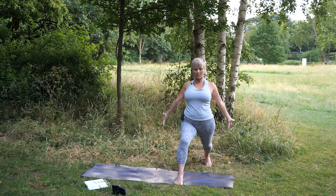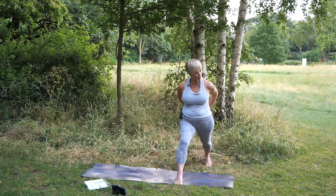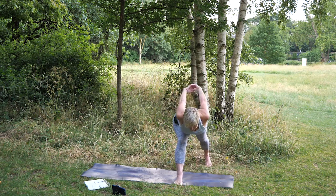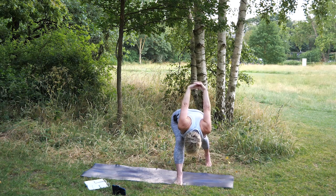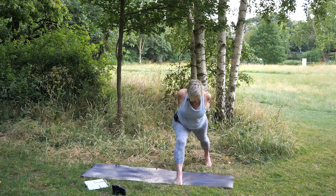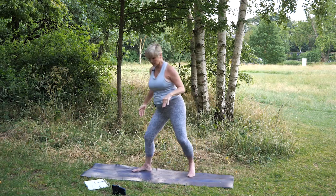And then inhale, reach the arms back up. This time sweep the arms back behind you. Interlace with the unfamiliar interlace. Slide the hands down your bottom. Squeeze the shoulder blades together and lean forward inside your right leg. Now some of us might not go as far as that. Arms lift off the back. Breathing in and breathing out. And then lower those hands to your back, lift back up into your high lunge, and then transition into